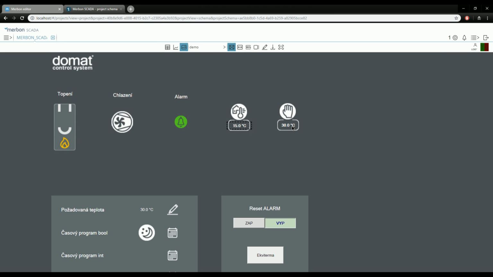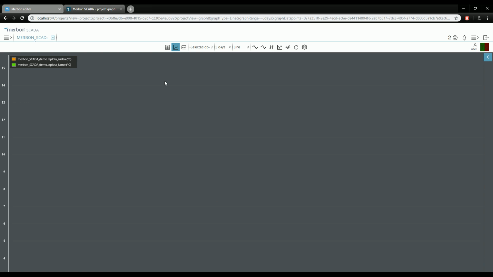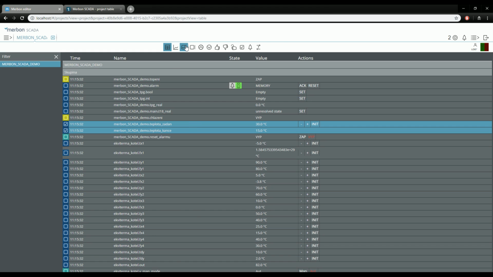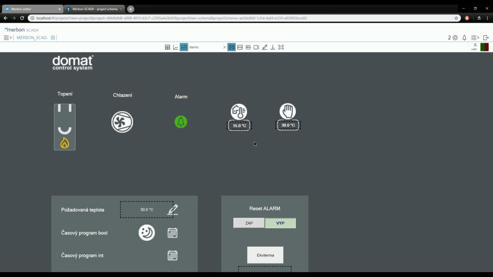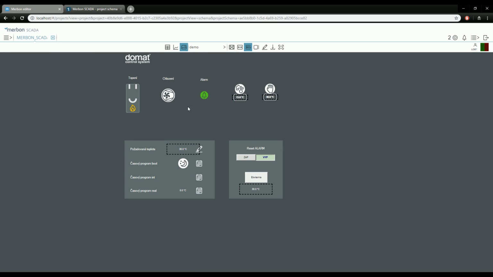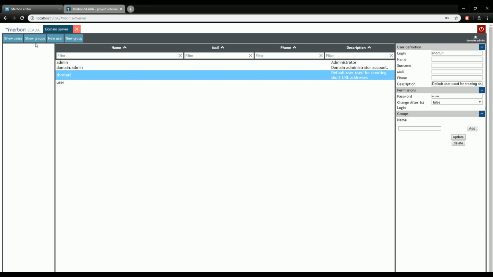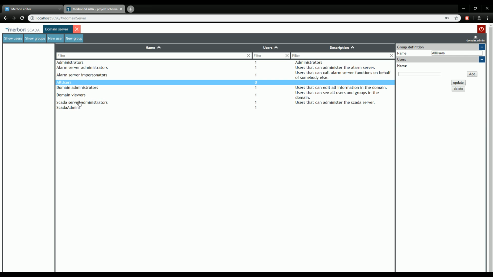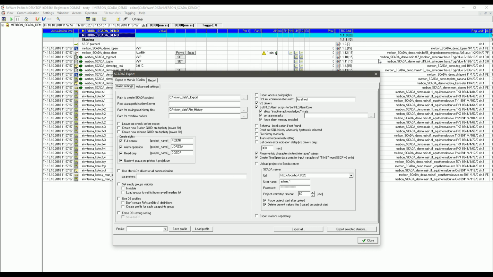And if I log out here and log in again, hopefully, okay, so after a while we'll see the values here. I don't have an error here anymore, so the values will be here. So as I said before, the easiest way how to export a project without any user policy is just go